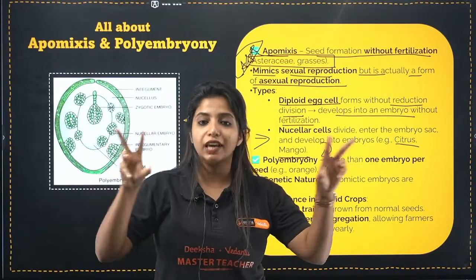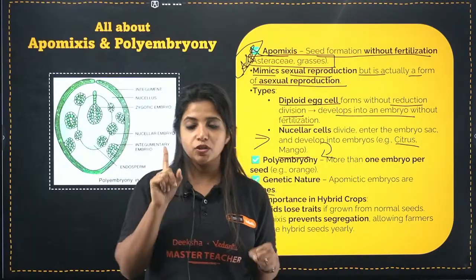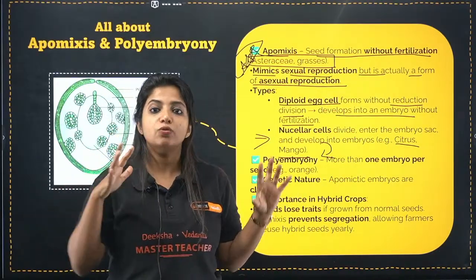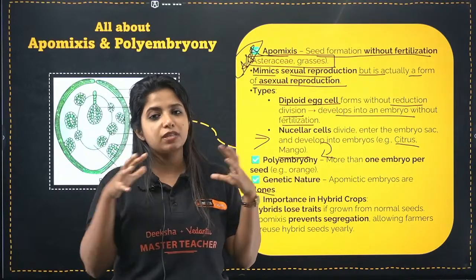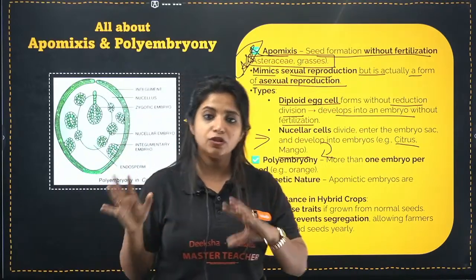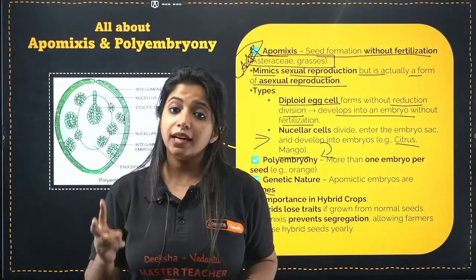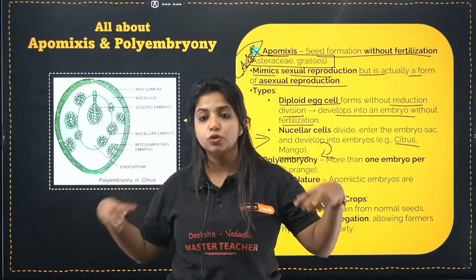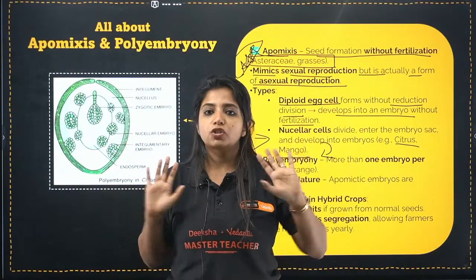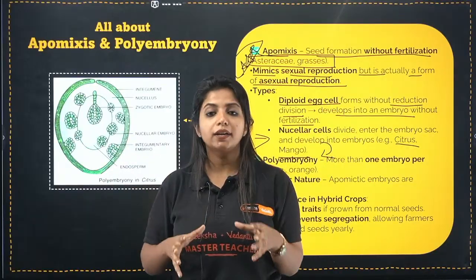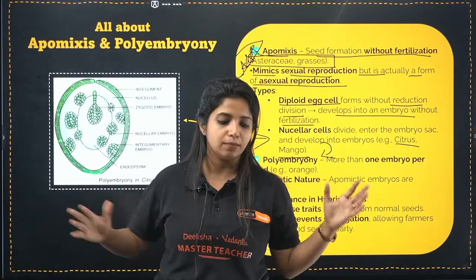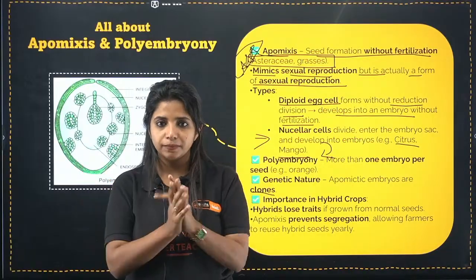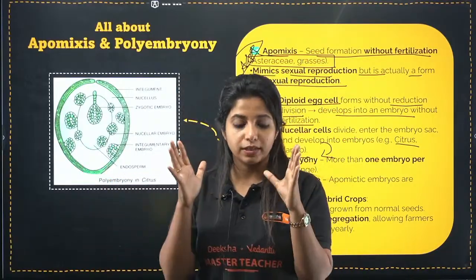So it is cost efficient as well. So there are 2 points. First point is that in the case of apomictic seeds, there is no segregation happening. It will be just like the parent plant. If the parent plant has good features, it is just going to go on. Second, it is cost effective. Why? You do not need to buy multiple hybrid seeds or hybrid plants again and again. Once you have got it, they are going to reproduce within themselves. Got it? So these 2 points are something that you can easily write about the uses of apomixis.